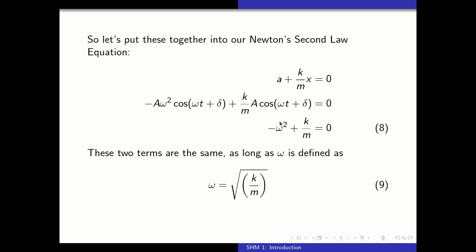So these things are constants. All of these terms are constants. So this is a solution to Newton's second law as long as omega squared is equal to k over m, which is shown down here in equation 9. Okay,